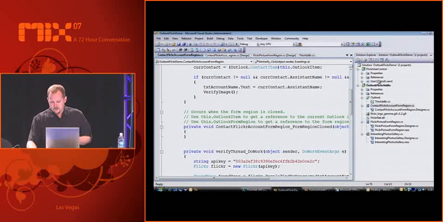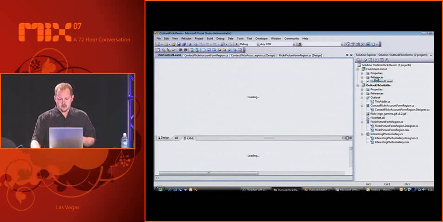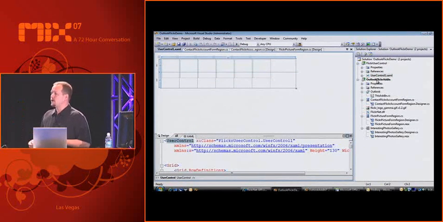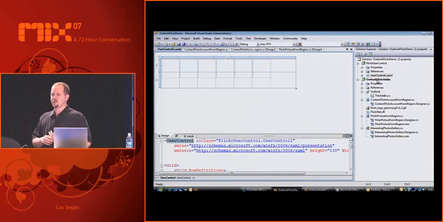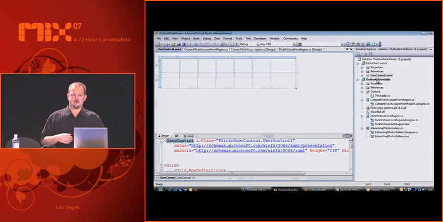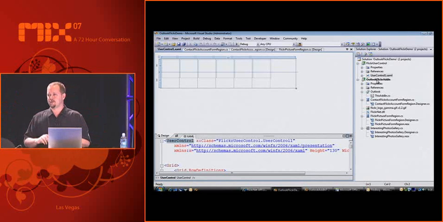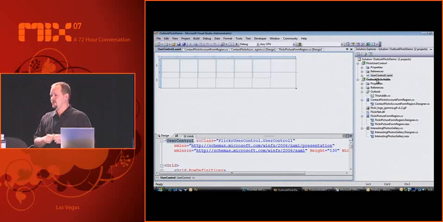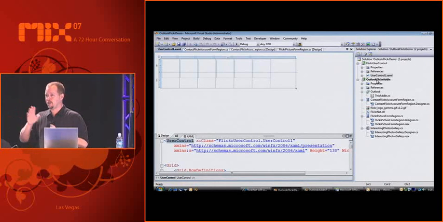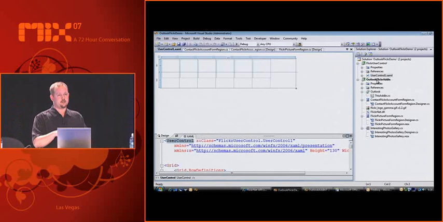So this is the demo. Probably some basic things to show you. This doesn't look like much, but you'll notice a very big difference once we get into Outlook. This is all XAML, a WPF control. It's got some nice gradients and stuff when I bring those photos in of the particular person that I've associated to a Flickr account inside of my contacts.